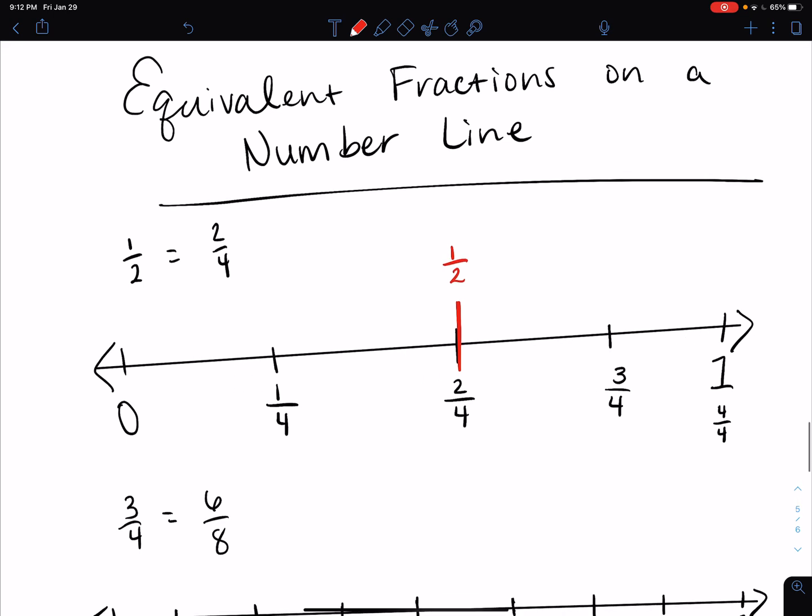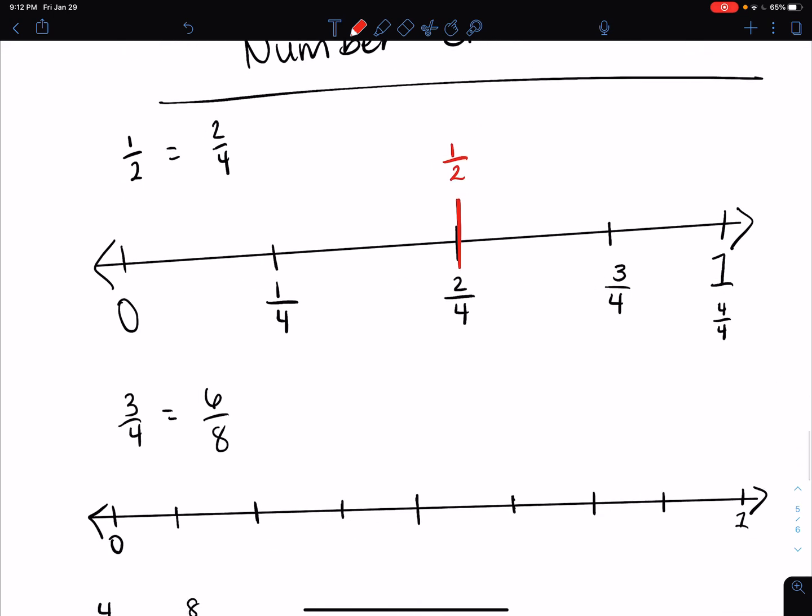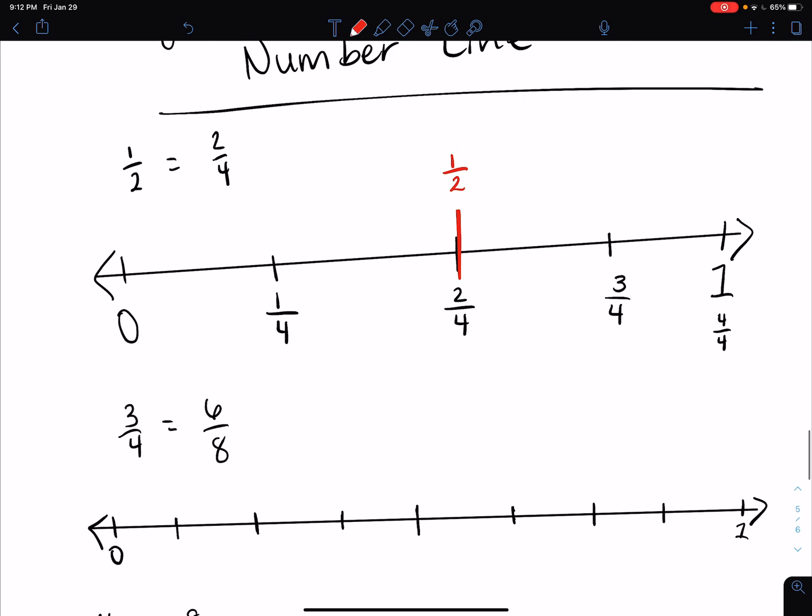Okay, so let's look at this next one. So we have 3/4 is equivalent to 6/8. So again, I just kind of want to start with what I know about my number line, and let me find out how many parts my number line is divided into. It's divided into 1, 2, 3, 4, 5, 6, 7, 8. So I'm just going to go ahead and label it with the 8s because that's what it's already divided up into. So 1/8,